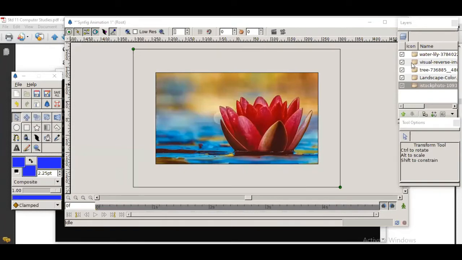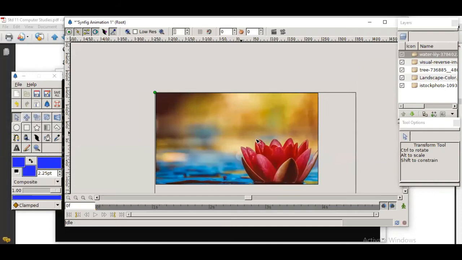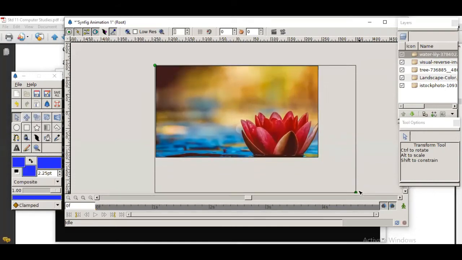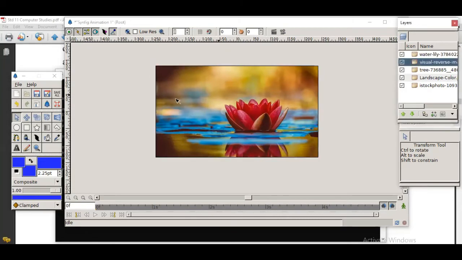So we have to resize these images according to canvas size. So for that we are dragging these handles towards canvas borders. So like this. Now this is the actual image size. Now the whole image is visible on canvas. Okay, this way we have to resize.